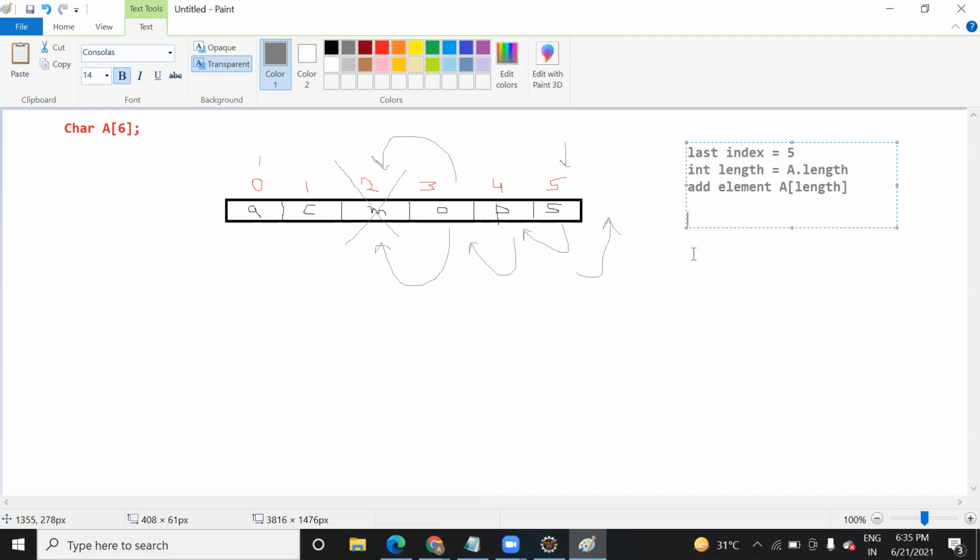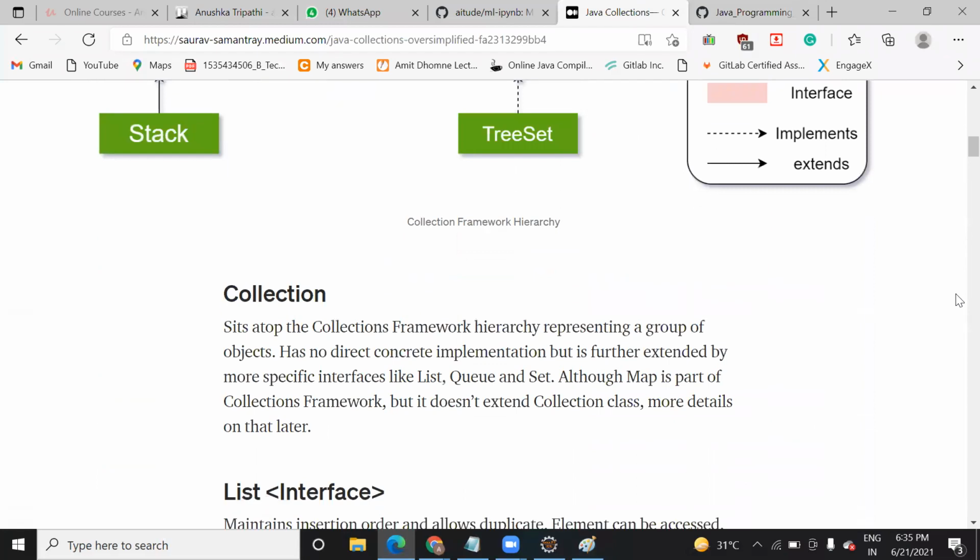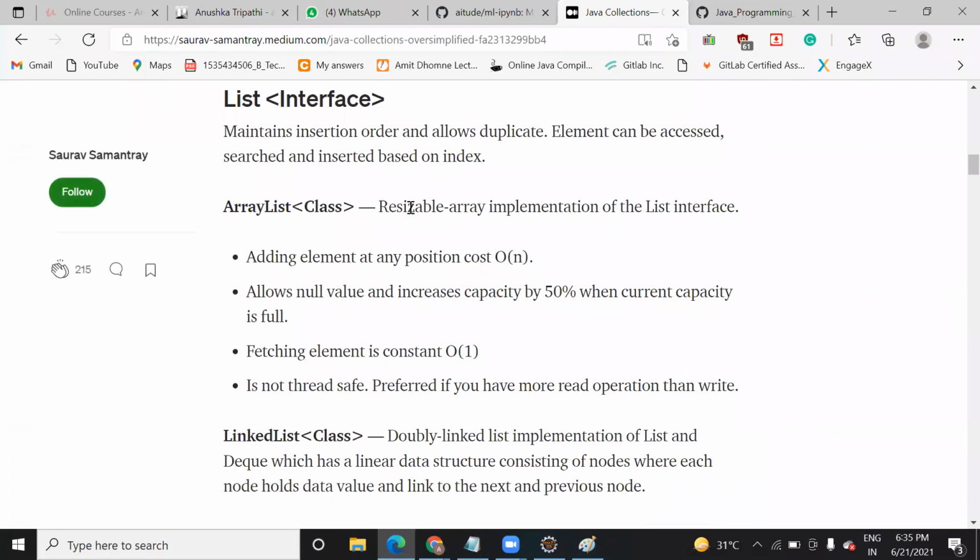Okay. So these are the few points that you need to consider. And let me show you also collection. See here, ArrayList, this is why we use it. See, it is resizable. You can resize anytime. Okay, this array and collection means in adding an element to the collection, the cost, the time complexity that involves,